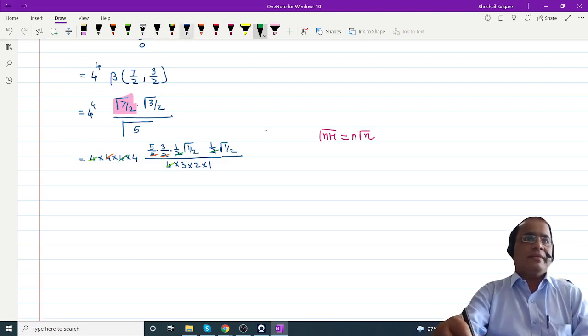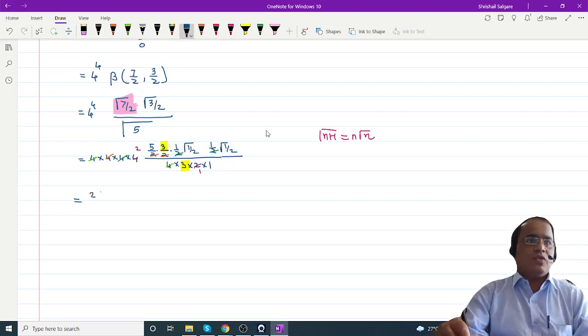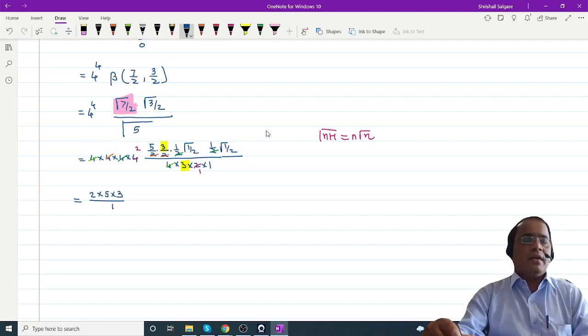Now the remaining, what are the remaining terms? I think one more term I can cancel. This 3 and this 3 also I will cancel. And also this term, 2 1s are 2, 2 2s are 4. Yes, what is the numerator after simplification? It comes as 2 into 5 into 3. I think in the denominator 3 also we have cancelled, only 1. Gamma 1/2 is root pi. Gamma 1/2 is root pi. After simplification, this integral I comes as